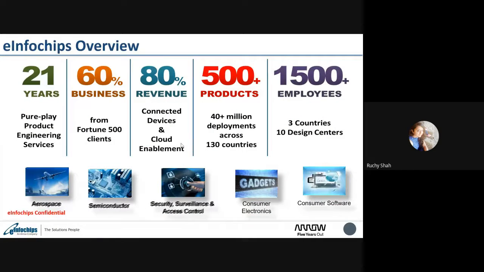Basically, eInfochips is 21 years old, and we have 80% of revenue that is connected with devices and cloud systems, and we have 500 plus products out now, and the company is a family of 1500 plus employees. We work in consumer software, consumer electronics, semiconductors, and aerospace. We have expanded our business in all these parallel